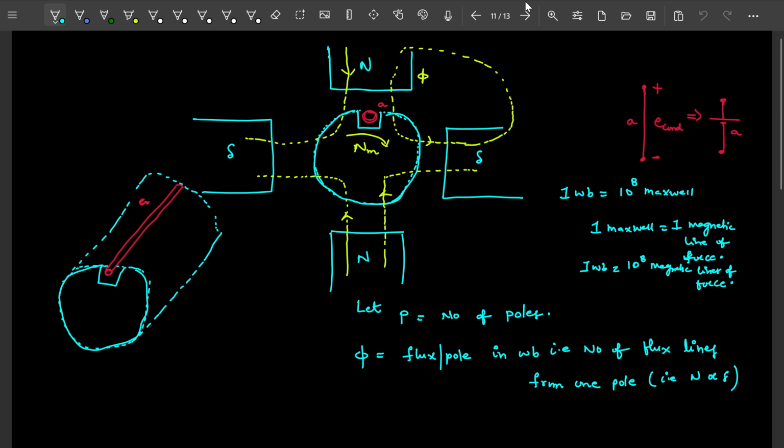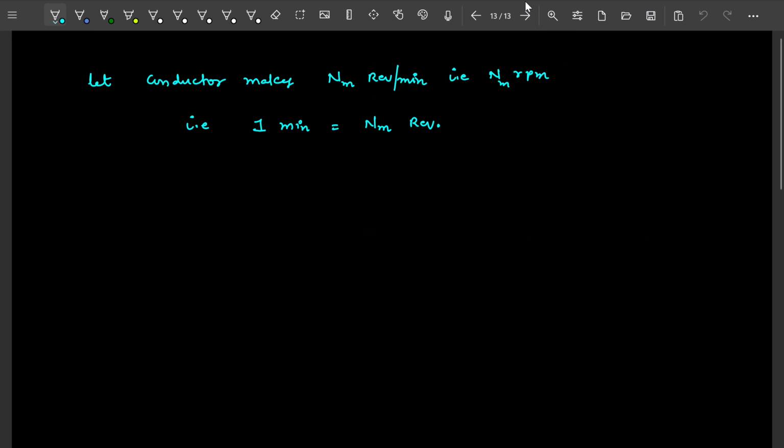Okay, this conductor, in 1 minute it is going to rotate Nm revolutions. In 1 minute it is going to make Nm revolutions. That is the meaning of that thing. So, but 1 minute is nothing but how much? We are going to have 60 seconds, which is nothing but in 60 seconds it is going to make Nm revolutions. Okay, now in 1 second it